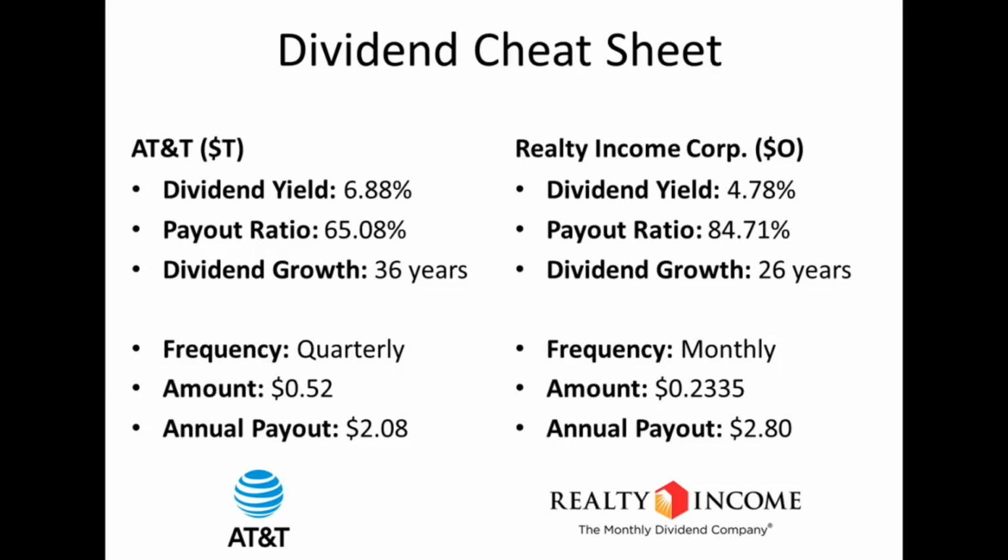It has a dividend yield of 4.78%. The payout ratio is very high, almost 85%. And the reason for that is because REITs are required to pay at least 90% of their taxable income to shareholders annually, hence why Realty Income Corp's payout ratio is so high. And similar to AT&T, its dividend has been growing for a stable 26 years,